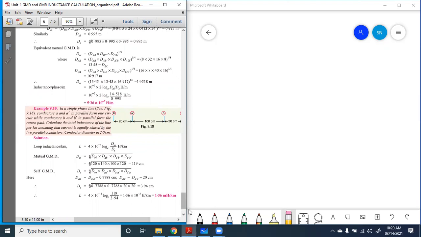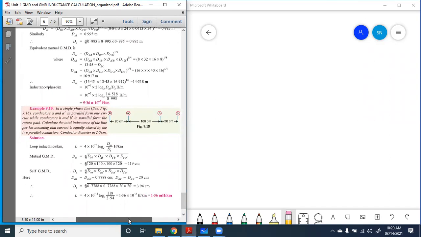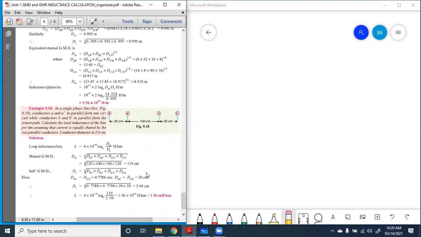Okay, this is homework for you, because such type of numerical are now in your unit test exam. This exam is not an objective MCQ type exam, because in this case I put fill in the blanks questions, and you need to put your answer by your own hand using a calculator. After solving the numerical on your own, the test is totally time based. Okay, so that's why you need to practice such type of numerical.